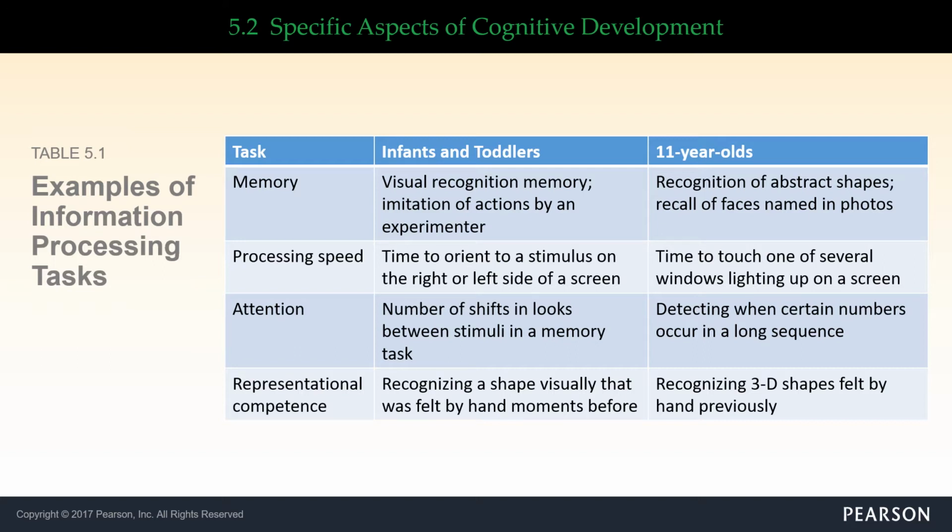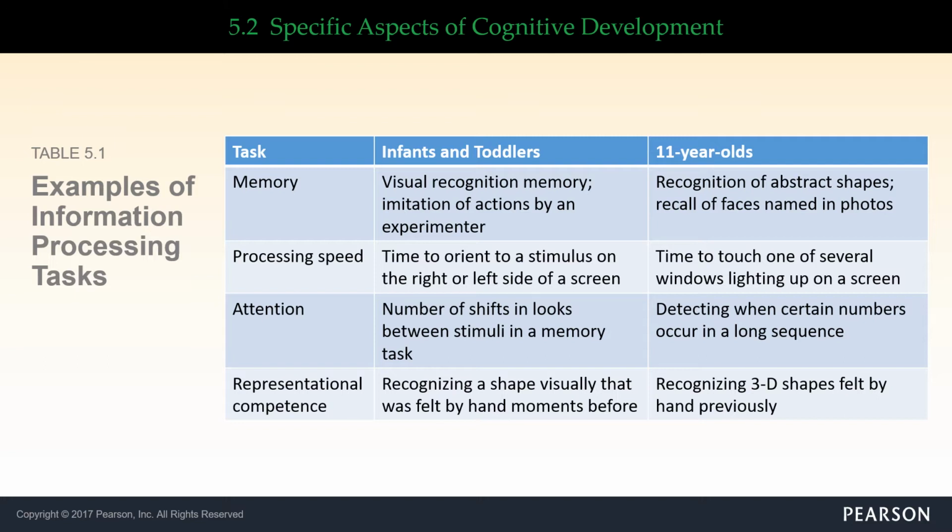Compared to an 11-year-old, they can recognize abstract objects that maybe don't exist in real life and recall faces named in photos. Processing speed is another aspect. For infants and toddlers, they need time to orient to a stimulus, whereas an 11-year-old can time how fast they touch one of several windows lighting up on a screen. And so they can do more